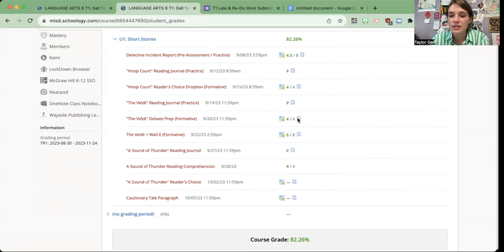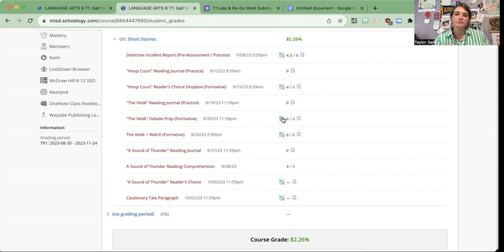You can tell that they've turned it in because it has this little blue paper mark, and you can also tell that I've graded it because it says the grade. Then you can click on the rubric and it will give you a more detailed view of what I was looking for in that assignment. If students are doing an assignment on a Google Doc, that is where I give feedback if I'm giving them written feedback. Some of the feedback that we do is in class as a full group so that students can be looking at their work,